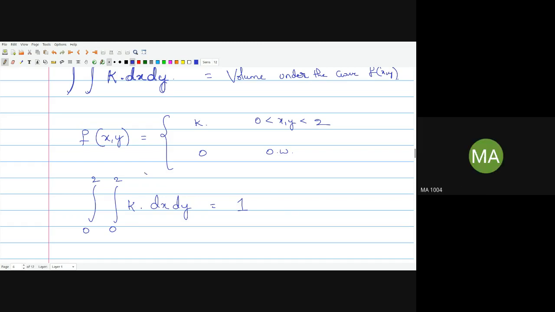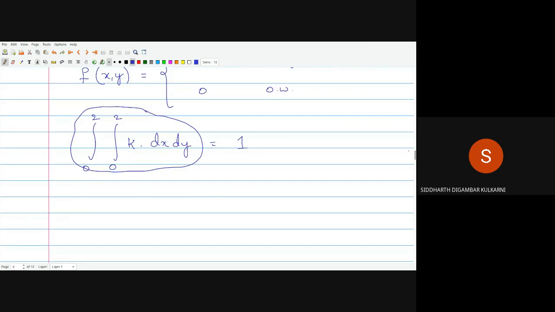Yes, and here, looking at it combined, this whole thing is volume. Yes, sir. Now even if I bring k out, k times this will be volume. Yes. k times area. K times this double integral of dx dy, from 0 to 2, is k times the area. Yes, yes, yes. So this times this only is the volume, right? Okay. So k is a scalar, sir. It is just multiplying the volume. This integration is also still a volume. Okay, because if it is a scalar, then it only multiplies the area.